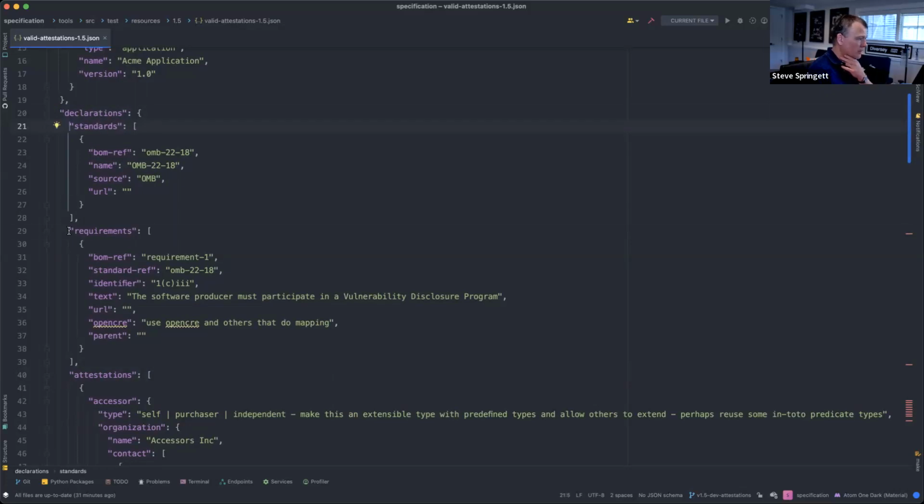Standards and requirements, and the requirements can then reference a standard. I think last time we talked about signing a particular standard. So if you're creating internal policy, for example, you could then sign that in its entirety. Likewise, if you're doing OWASP ASVS, you could create your own requirements for ASVS and then sign that document.